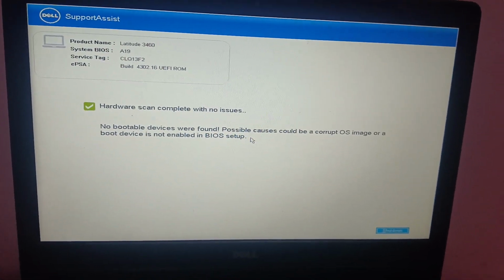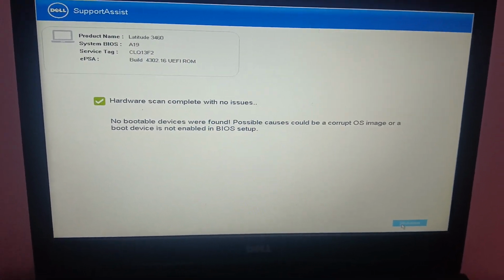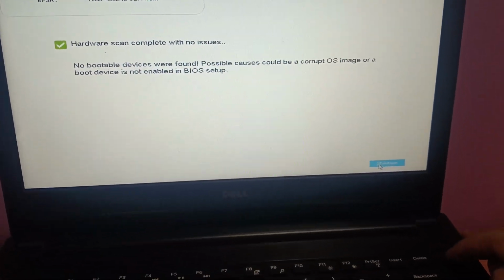First of all, we need to shut down our computer. You can even gently shut it down, or you can press and hold the power button for 15 seconds. Now, once the computer is completely shut down after pressing and holding the power button,